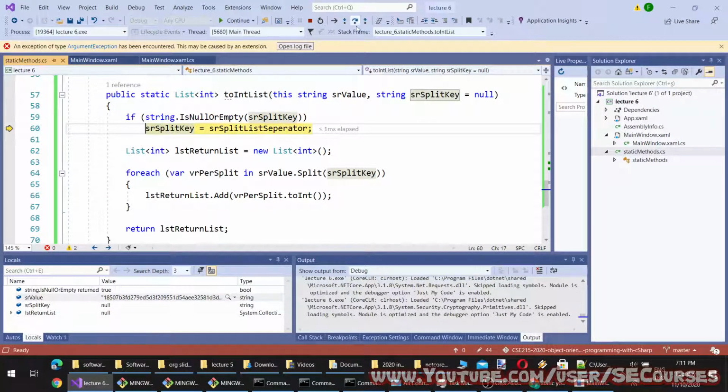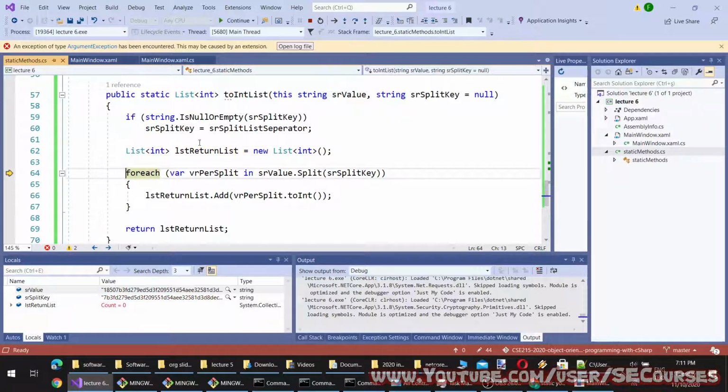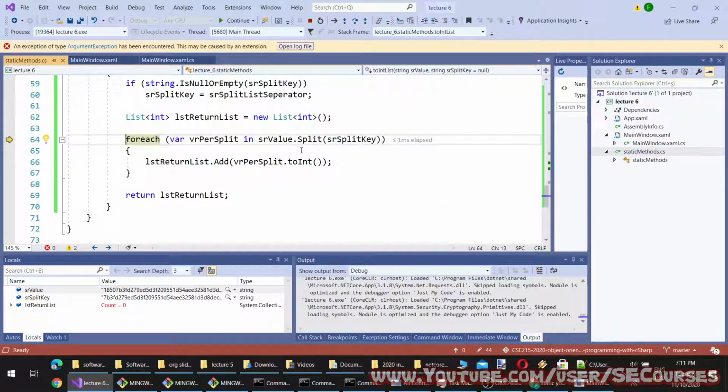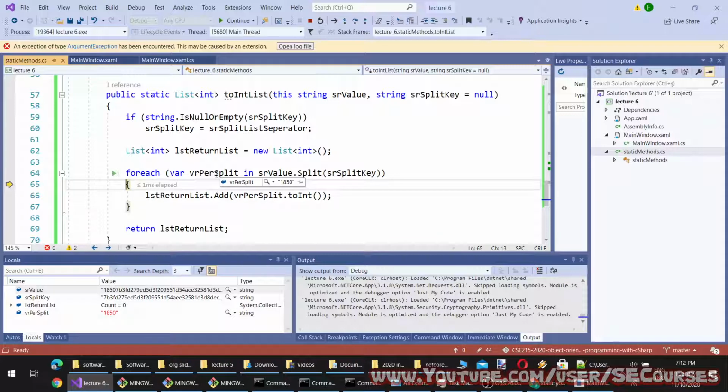Therefore, it will be assigned our split list separator, and then we are initializing our empty list. Then we will split this value with our split key, and you see the first value is 1850, and it will be converted to integer and then added to our return list.